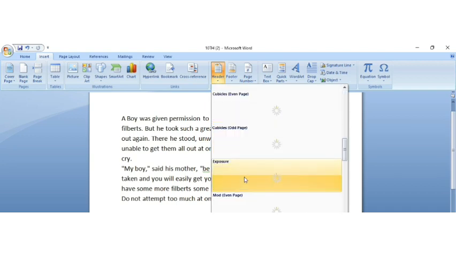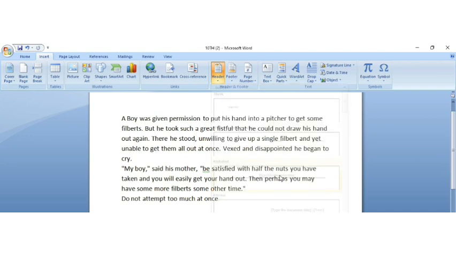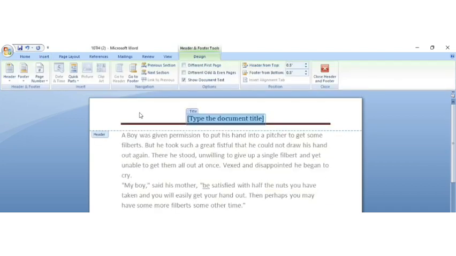Under this you can select any desired header. Suppose I want to choose this one, so this way I can insert a header.